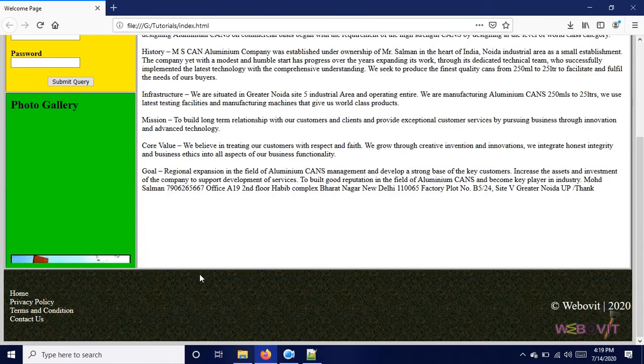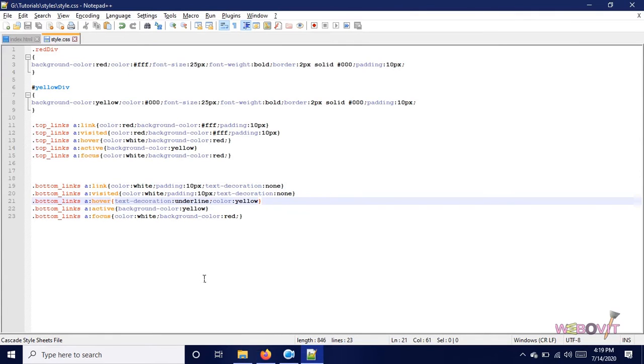So you could change the style. There are many styles you are going to learn and implement in future, like changing the font, changing the color, background color, and many more. So currently I think it's clear to you how we implement styles to the links so that they perform in different ways when the mouse is over it, when the mouse is removed, for visited links and normal links.